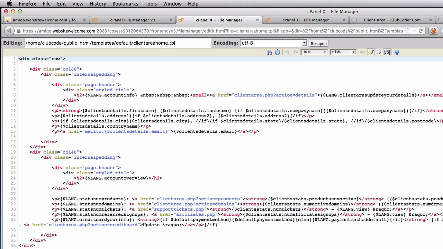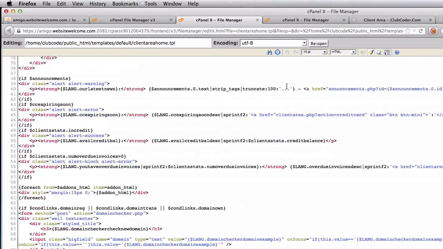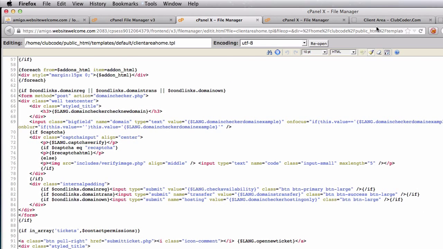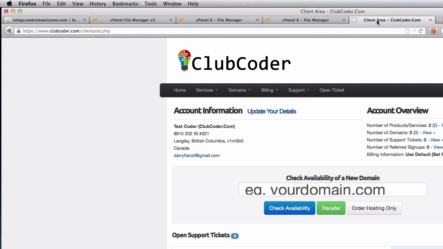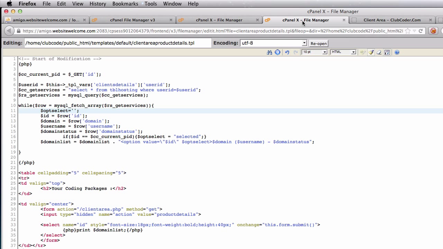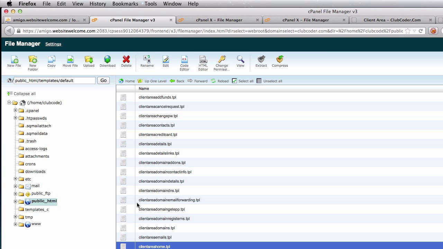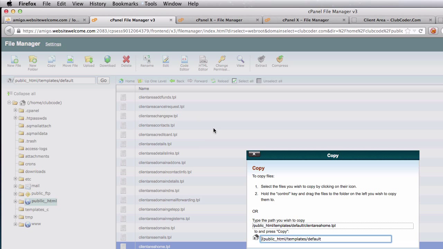So this is the whole thing that's displaying the content on this page. Now instead of deleting the whole thing, what I'm going to do is make a copy of the file first. So before I delete the whole content, let me just go back to my file manager here and copy that file,